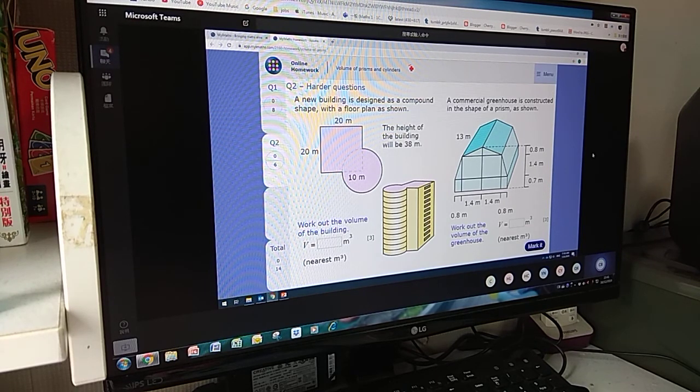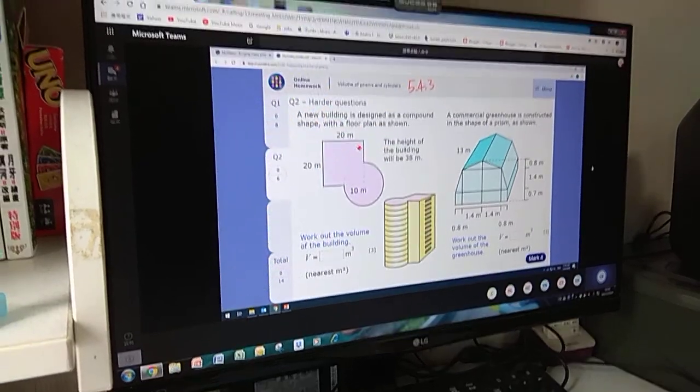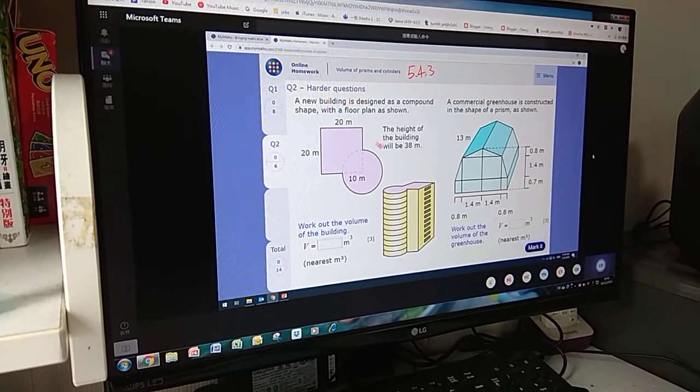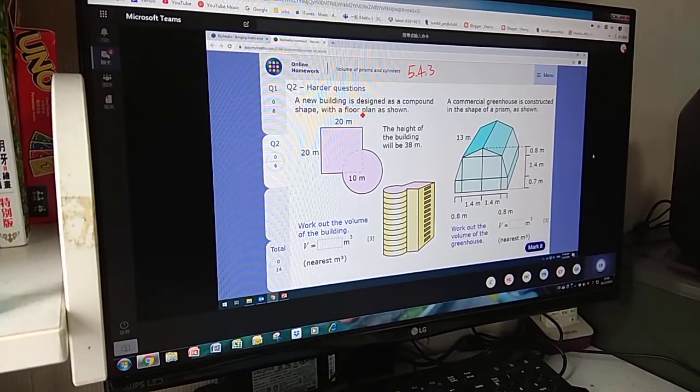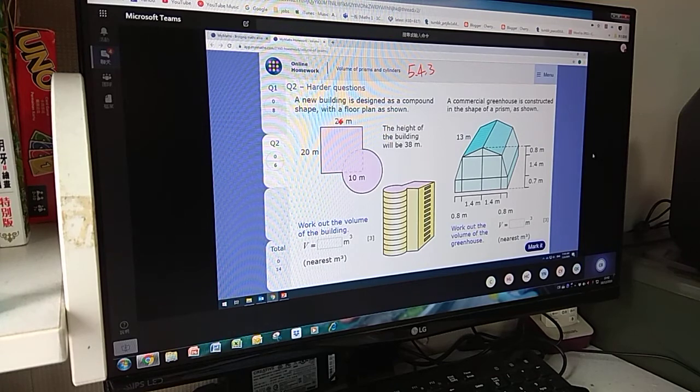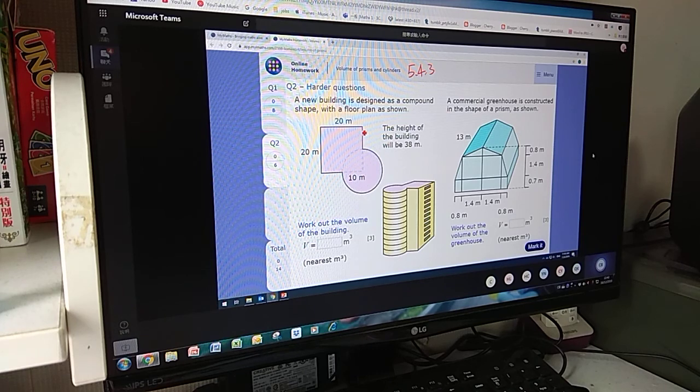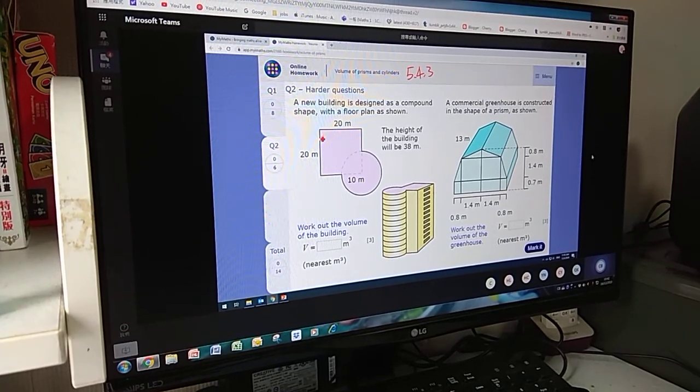Okay, so here is 5.4.3. So first we look at the question on the left-hand side. Here we have a new building and it is designed as a compound shape. The floor plan is given in the diagram here. Okay, so you can imagine it consists of a cube. It's not a cube, it's a square. Okay, because a cube is